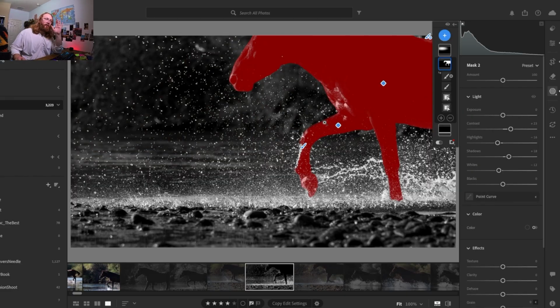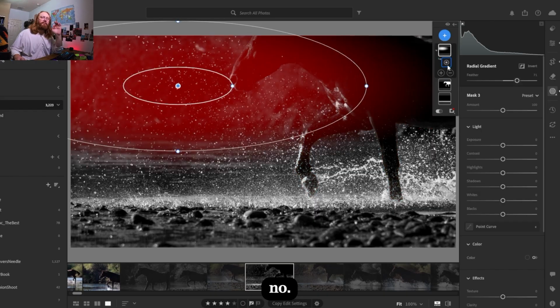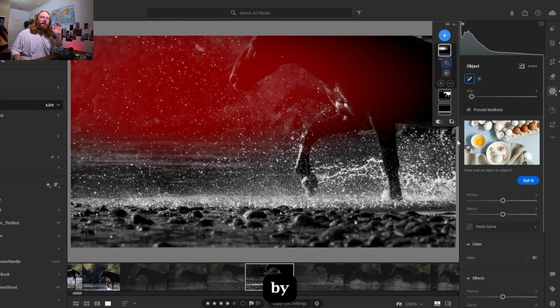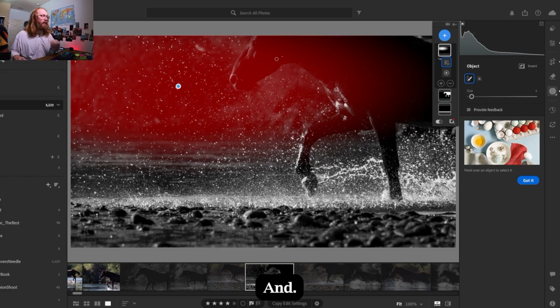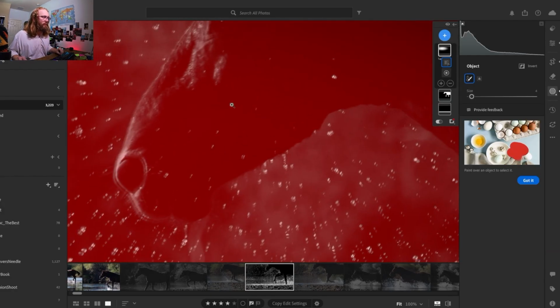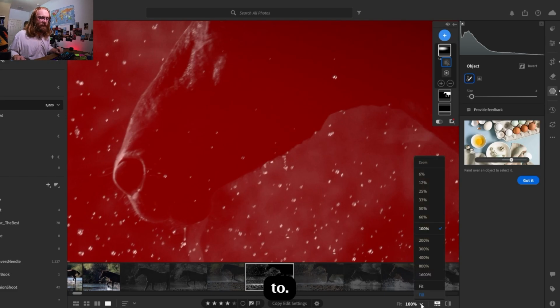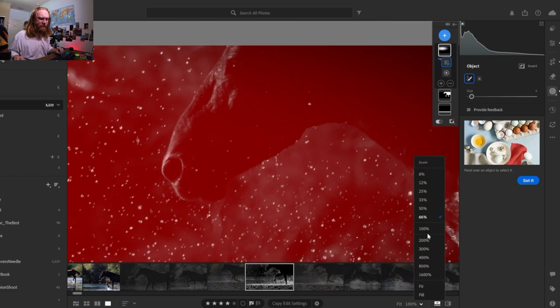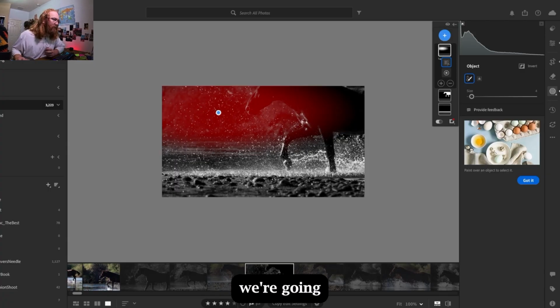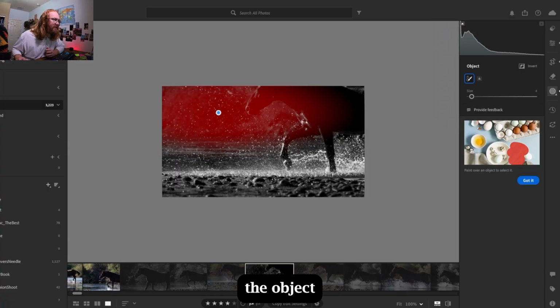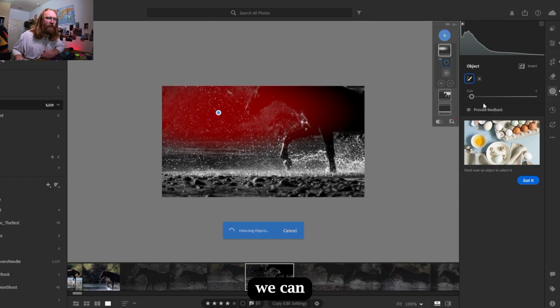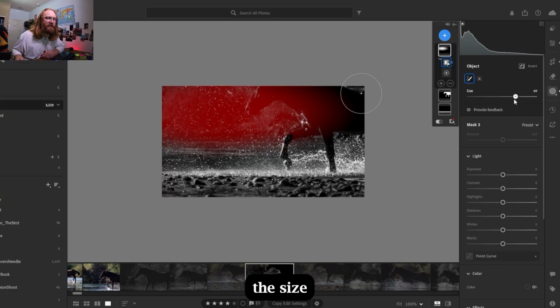Okay, did you get, no. I'm gonna go into subtract by object, and we're going to zoom out, and then using the object tool, I'm going to do a lot better at making sure that it knows that I want the whole horse not in there, right? And we can even bump the size to get,